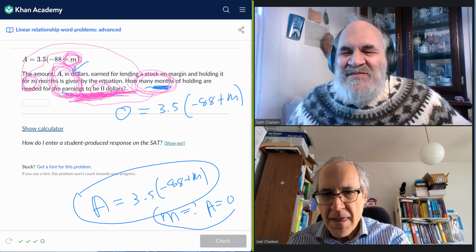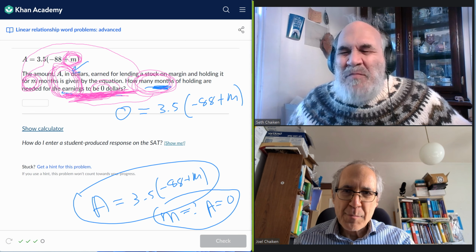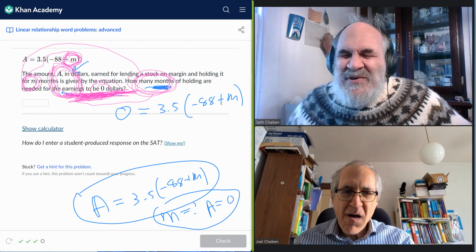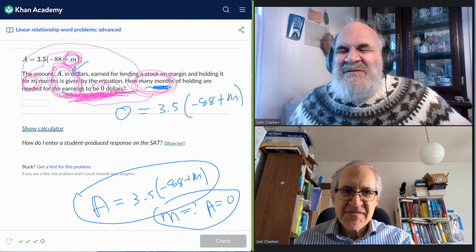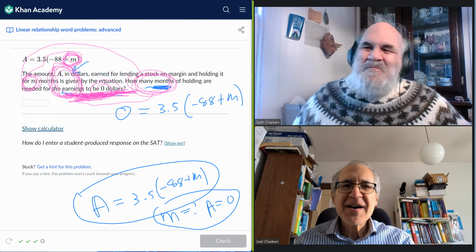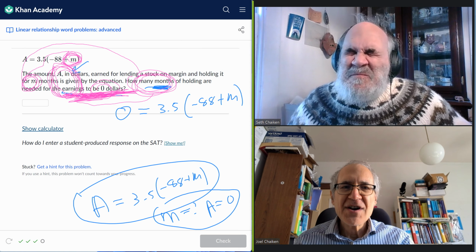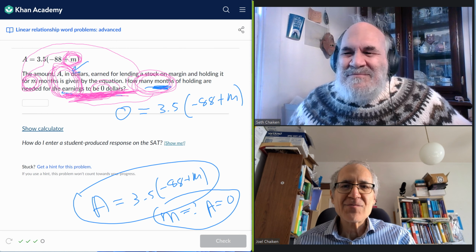M is a number of months, right. A is a number of dollars, and there's a margin of stock involved, and there's an earning, somebody earns money, and there's money involved. Notice that in this model, the earnings are negative. Okay, fine. So sometimes your approach is simply to look at it